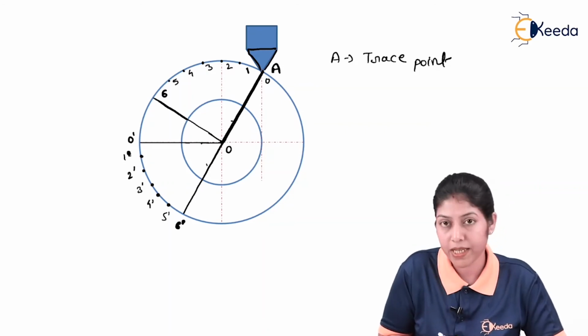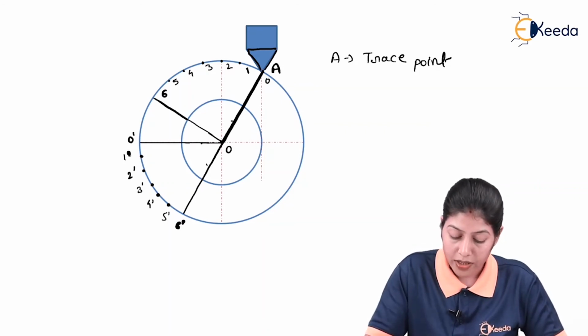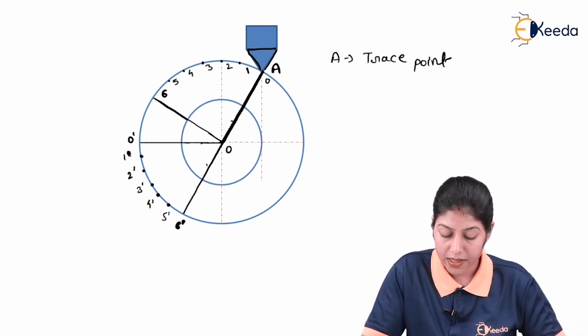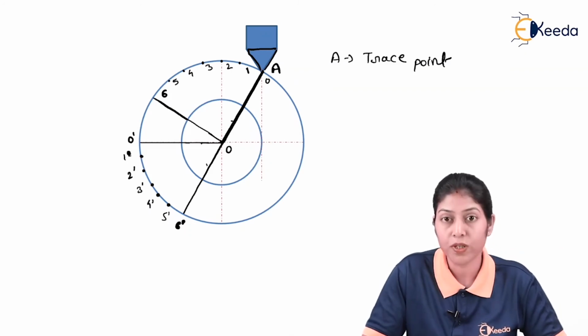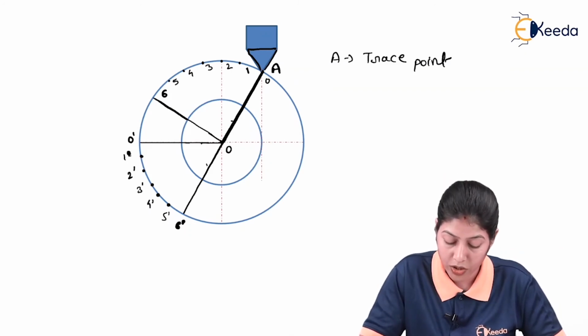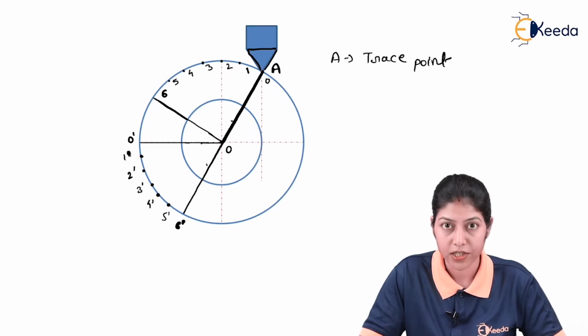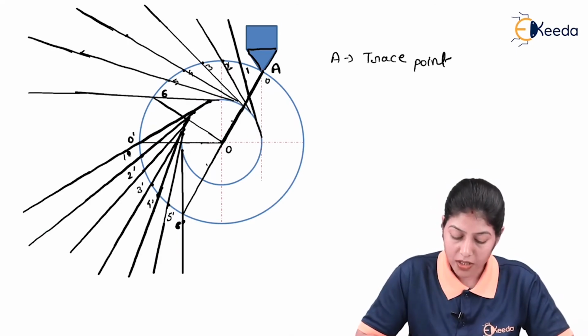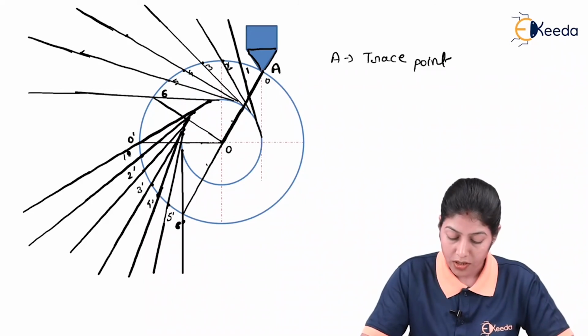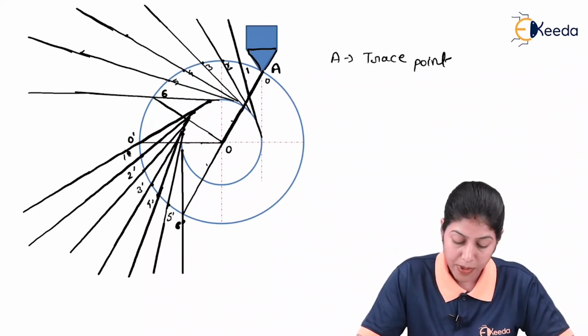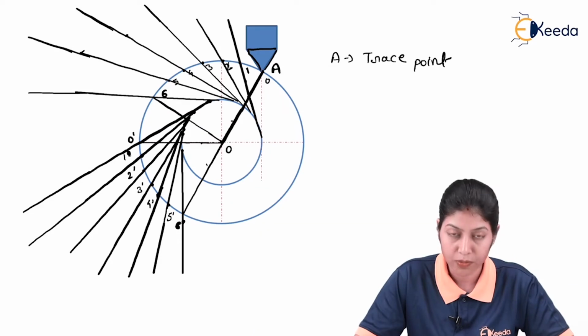Here we will use the base circle and we will join these points 1, 2, 3, 4, 5, 6 with the base circle as the line which is tangent over the base circle. So we will draw a tangent over this base circle from point 1, 2, 3, 4, 5, 6 or 1 dash, 2 dash, 3 dash, 4 dash, 5 dash and 6 dash. So here we have marked all the points and we have drawn the tangent over the base circle which is passing through each and every point from 0, 1, 2, 3, 4, 5, 6 and 0 dash, 1 dash, 2 dash up to 6 dash.